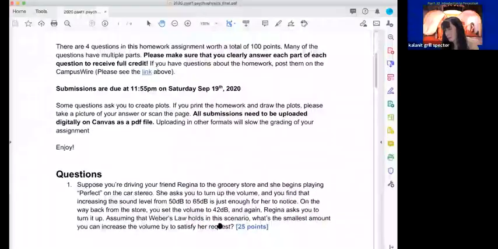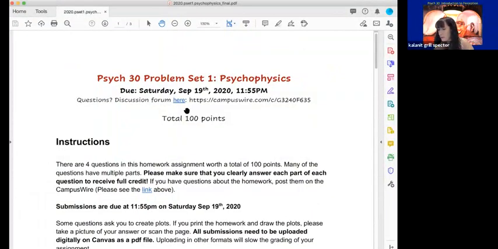One of the things we're going to implement this year is a discussion forum for the problem sets, and we're going to use CampusWire for this. As you're doing the problem sets, if you have questions, please post them on CampusWire. The TA in charge of the module this week is Pam, and she's going to moderate this discussion and answer questions. We've learned from prior years that this is a more effective way to answer your questions than through emails.